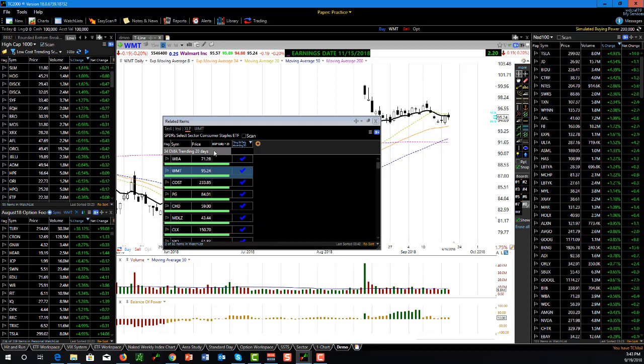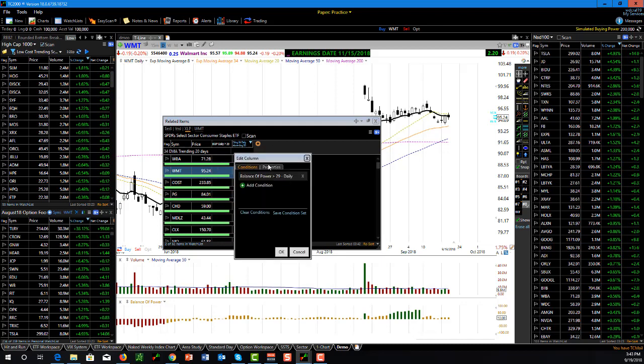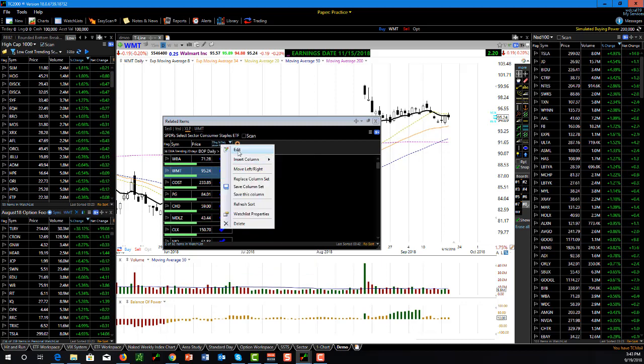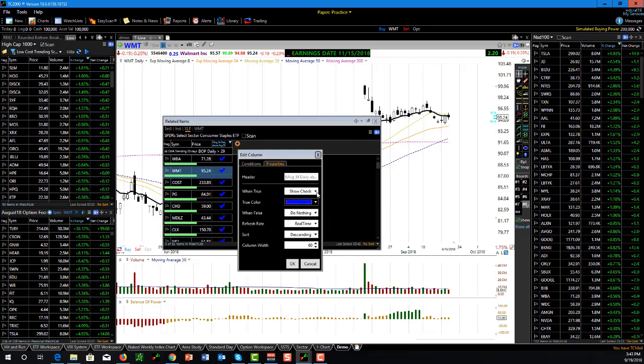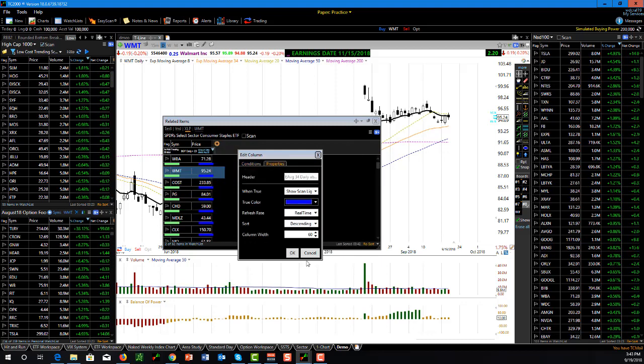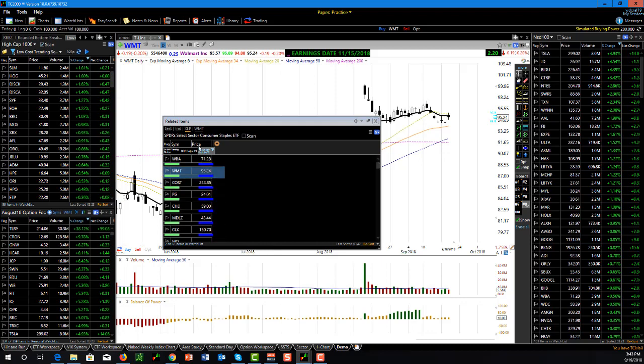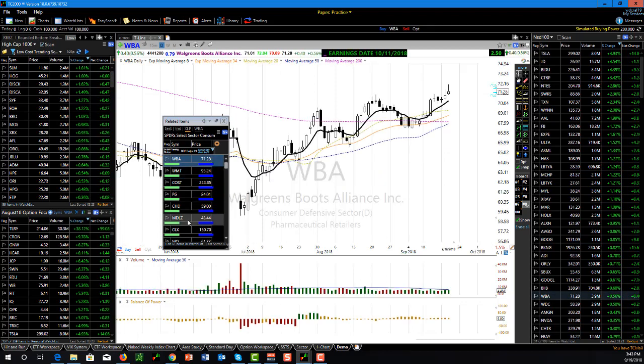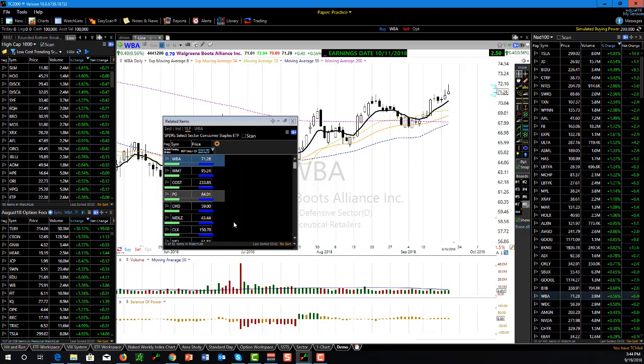So here's that example. I'm going to go ahead and change this one as well. And I'm going to change this to the scan light. And I'm going to change this one as well to the scan light. And notice how much more concise, or how little space my watch list now takes up. It removes a whole lot of the real estate that I need for my watch list. And I find that to be really handy to do that. So you can just have just about any criteria in here set to